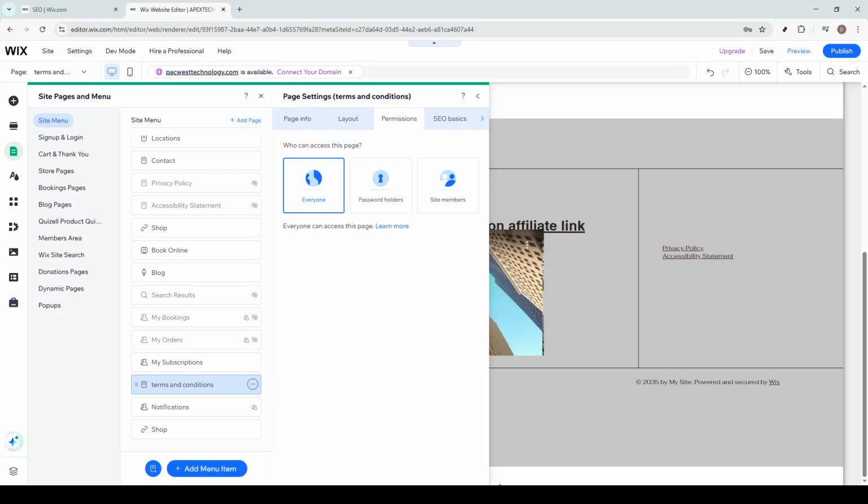Once you've made the change, click Save or Apply. And that's it. You've successfully fixed the 404 error on your Wix website. If you still see the error, double-check that your page link or URL is correct and that the page hasn't